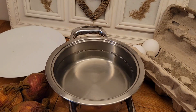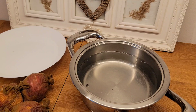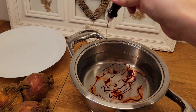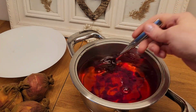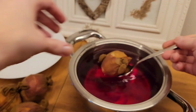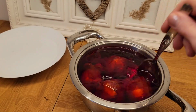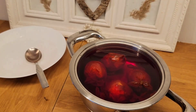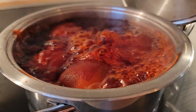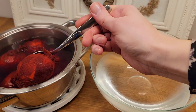Here I have some water, so I have 4 eggs, and here's some water. I add 2 tablespoons of vinegar to the water, and then I add some red food dye. I think I did too much red food dye. Next time I would use way less food dye, maybe half of it, so they get a nice rosy touch. I would prefer that better than the reddish touch, but it's up to you how much food